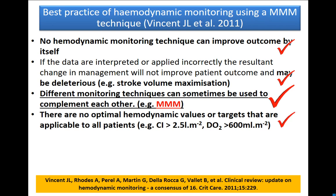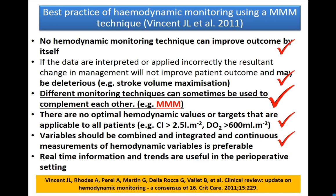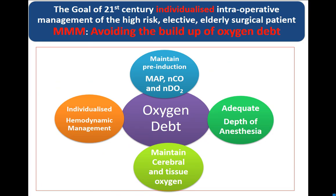There are no optimal hemodynamic values. Correct. Variables should be combined and integrated. Well, we agree with that. And real-time information trends, changes from, for example, pre-induction are very useful. We don't necessarily have to have absolute values. So putting all this together led to the development of this strategy, which we're using basically of intraoperative management